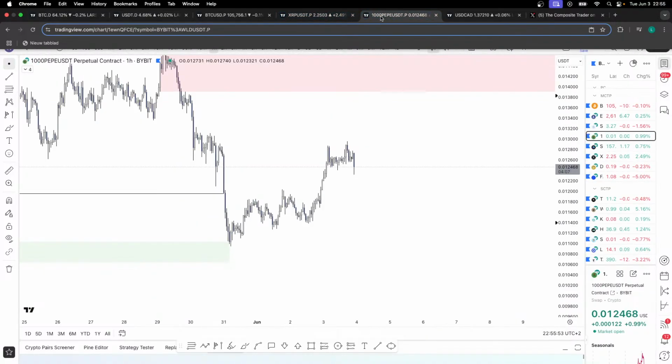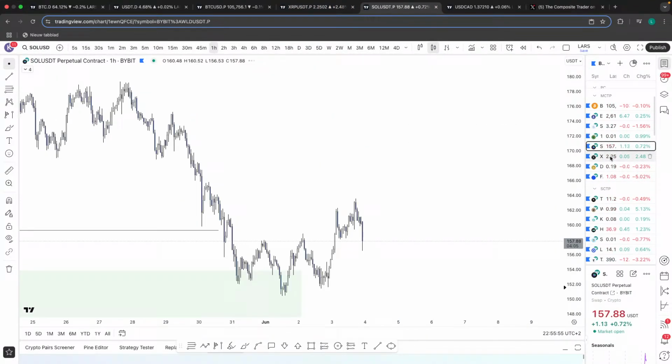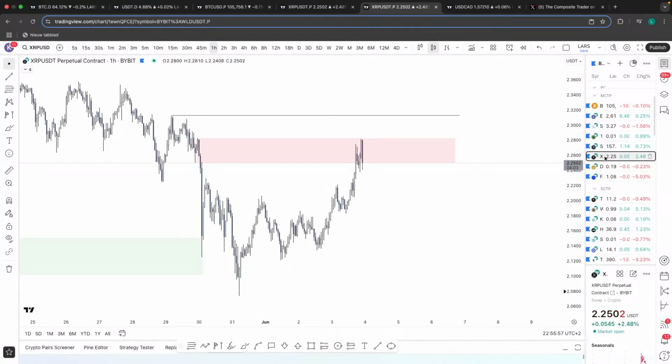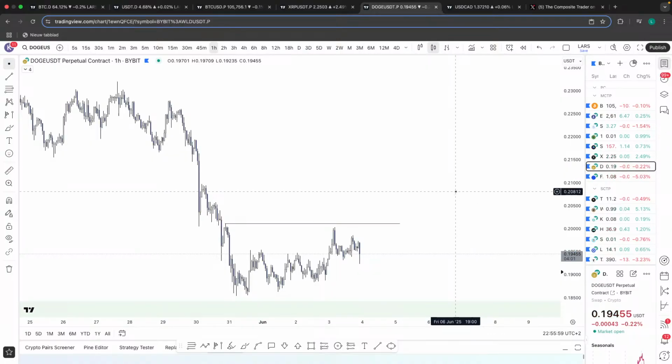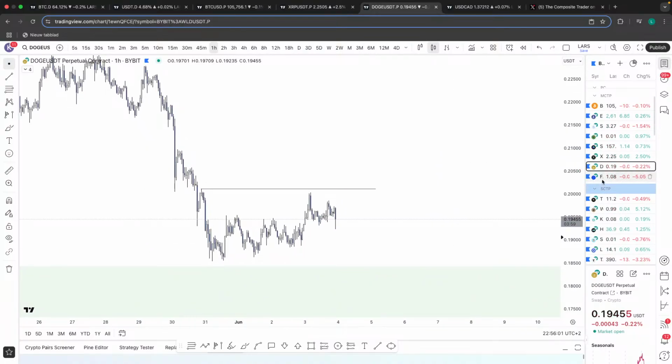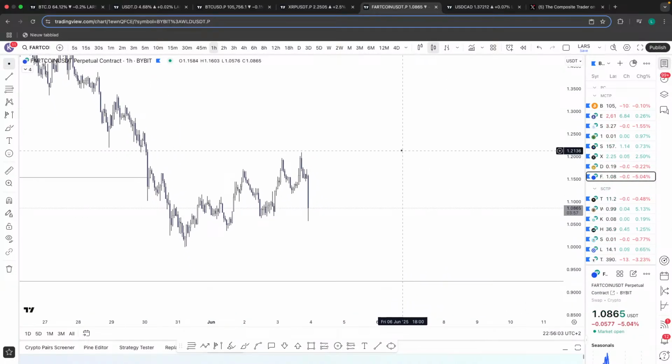I'm an extremely strict trader. I see my model, I take my model. I don't see my model, I don't take a model. It's that simple. It is that simple.